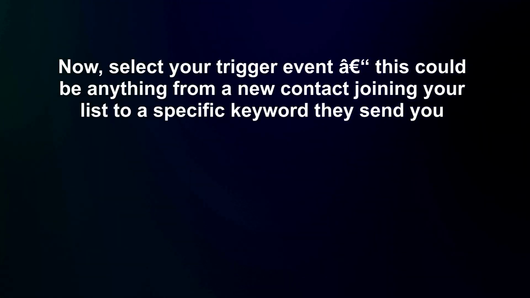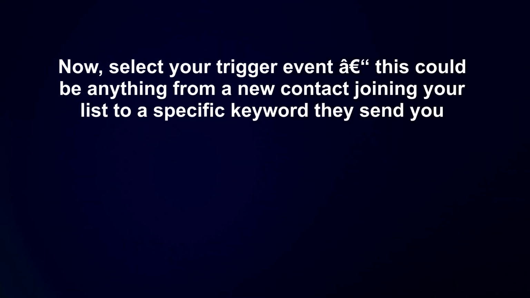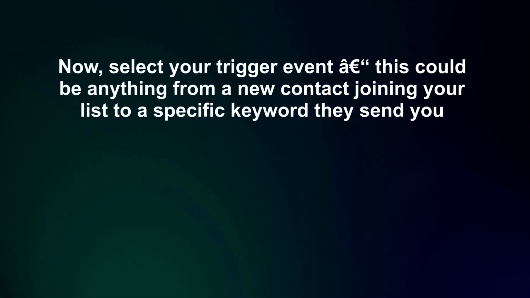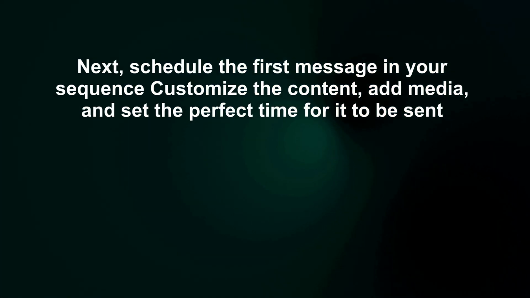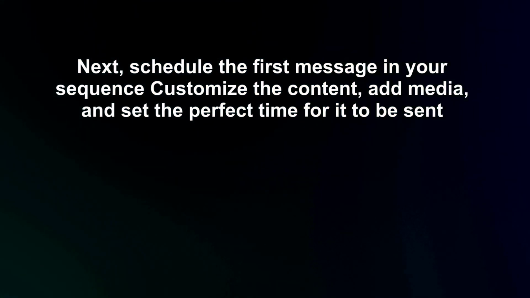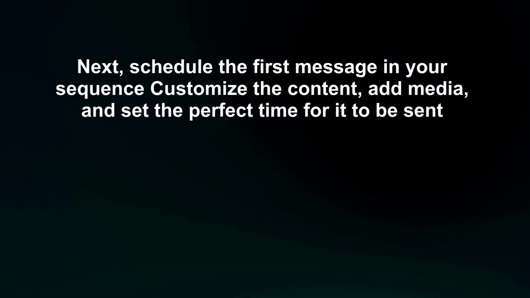Now, select your trigger event. This could be anything from a new contact joining your list to a specific keyword they send you. Next, schedule the first message in your sequence, customize the content, add media, and set the perfect time for it